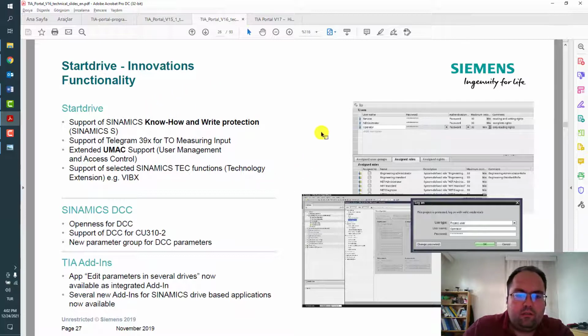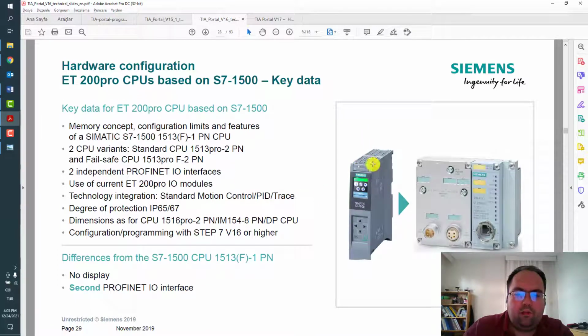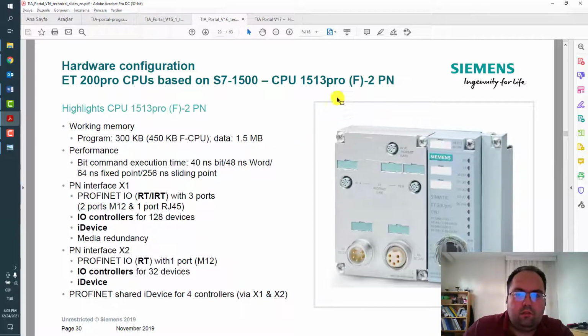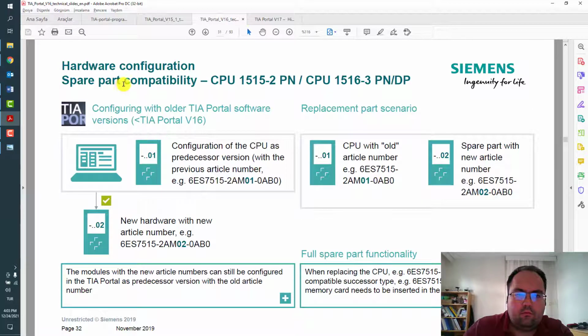Start Drive innovations, functionality DCC. Also for hardware, the new types of CPU released: Step 7, 15, 13 Pro. New mechanical design and integrated display, and the MLFB pin number is changed in this case, and information on spare parts compatibility.